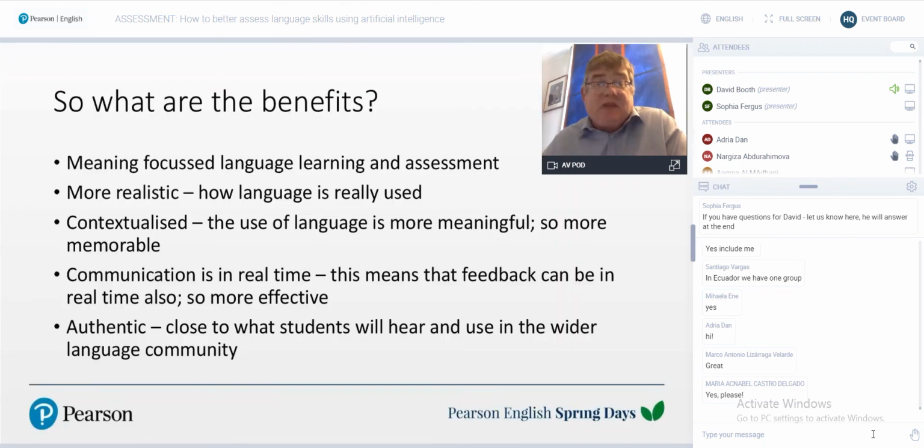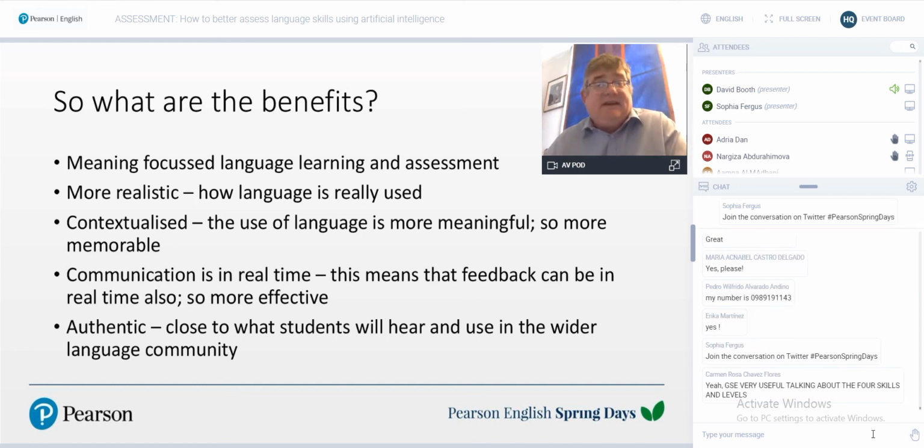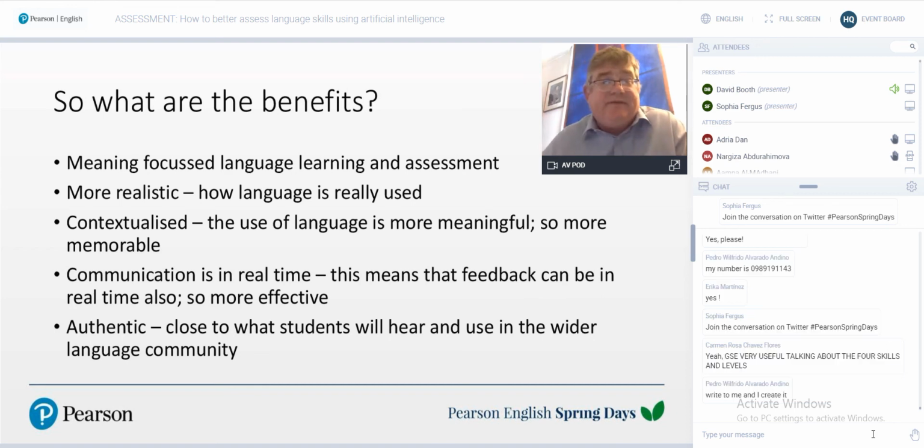So that's, in truth, the approach to assessment, the multi-trait, multi-item. It's meaning focused, which helps language learning and helps assessment. It's more realistic. It's how language is used. Integrated skills is much more realistic than separating out the skills in a rather false way. It's contextualized, so it's more